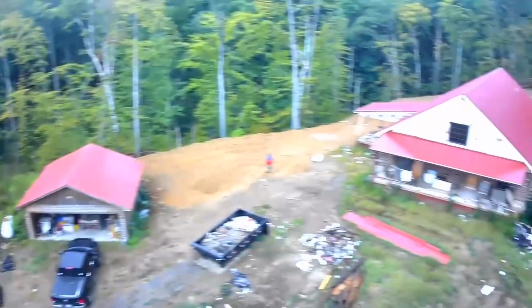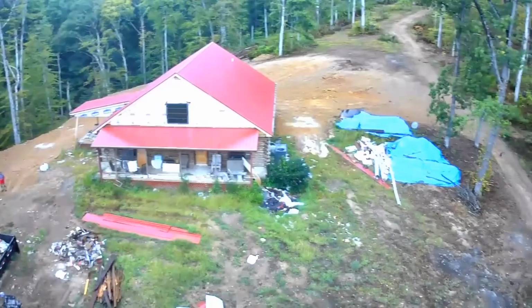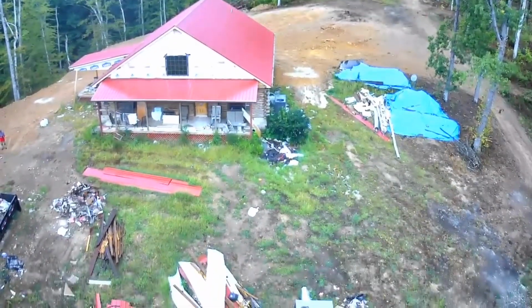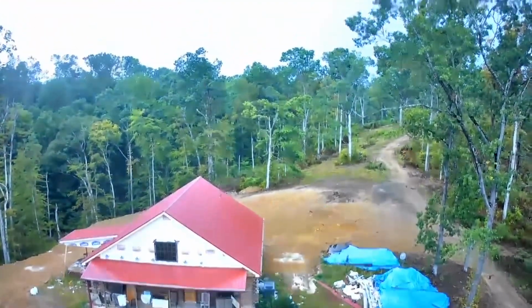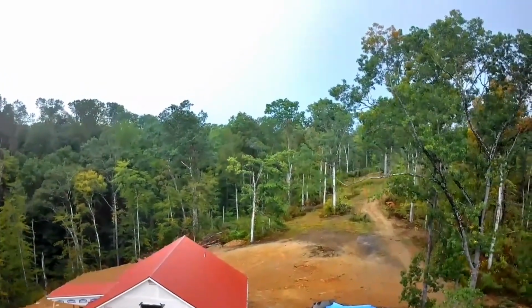We've been spending a lot of time on the house, getting that repaired and redoing the dirt work around the house, as you can see, creating more level space around there versus the rolling hillside to give us more options as we build. As we move into the back, you'll see over on the right side